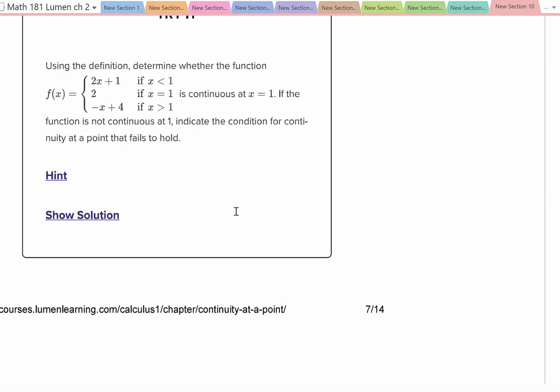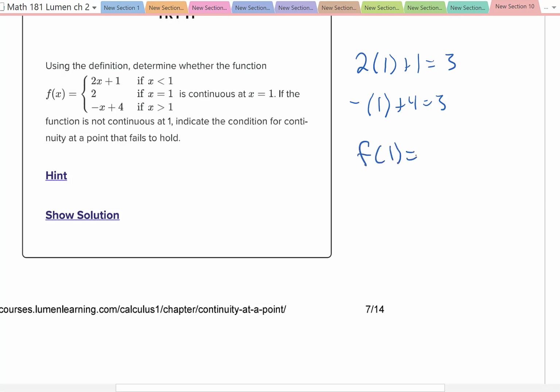So maybe we can graph it if we want, but I'm going to look for 2 times 1 plus 1, that's going to be 3, that's the top one, and the negative of 1 plus 4 is 3. So from either direction, it's going towards this 3. However, f at 1 is going to be